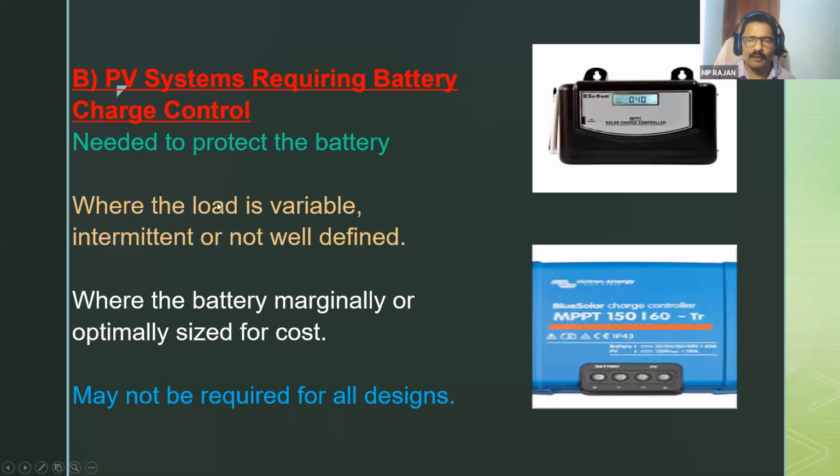Okay, our problem with the solar system, आपको पता है, our solar output is continuously varying. It is not a constant supply. Depends upon the time, depends upon the weather, depends upon the position of sun with respect to your solar system. So इसके अनुसार आपका जो radiation मिलता है, वो change होता रहता है. So output also is varying. And same way, the load is also varying. Sometimes we will switch on all the load. Sometimes some part of the load आप on करेंगे. So load condition and input conditions are varying.